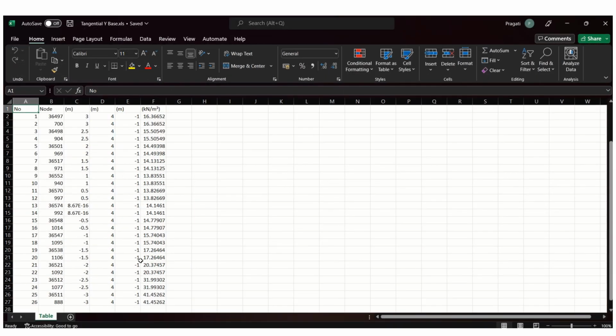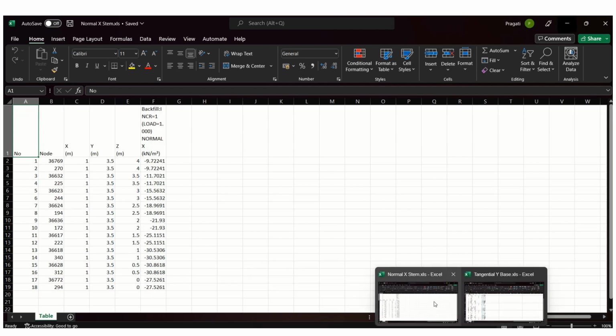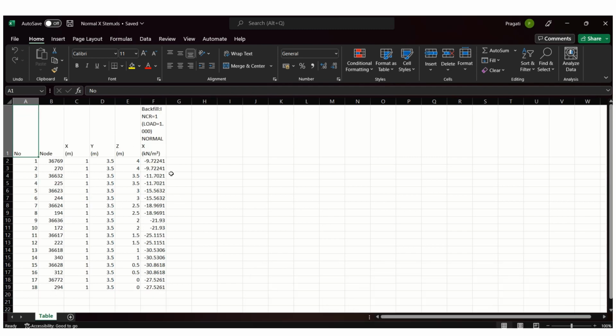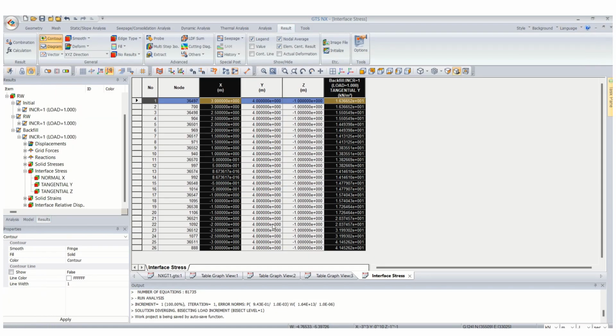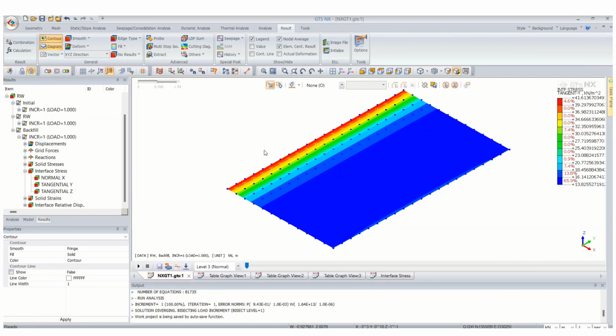So this is the frictional force which is acting on the base. We will find out the resultant of this frictional force. Then factor of safety against sliding will be given by resultant of this frictional force divided by the resultant of the normal force which is acting on the stem. So this is how we can obtain the factor of safety for sliding. Next, to calculate the factor of safety for overturning,